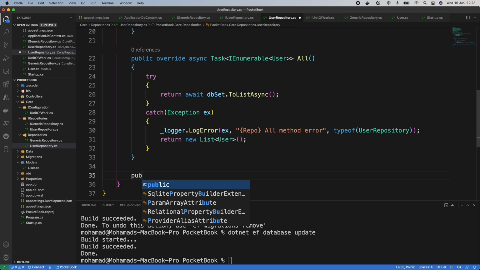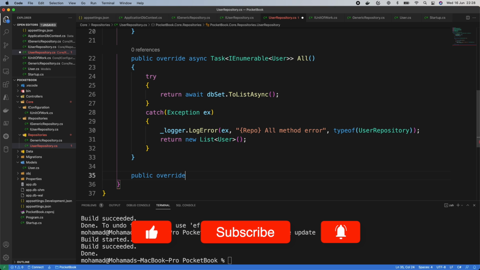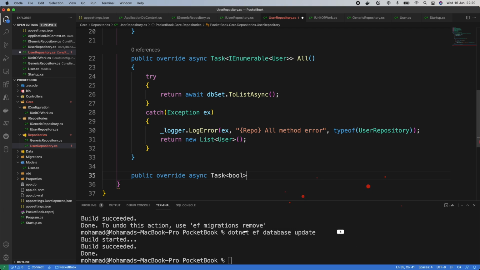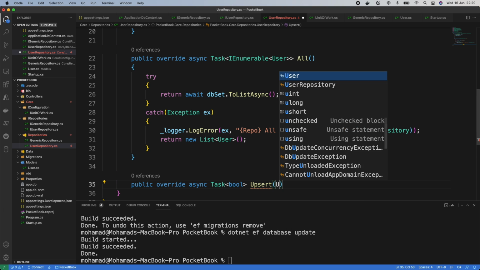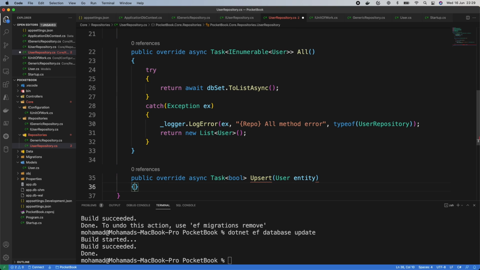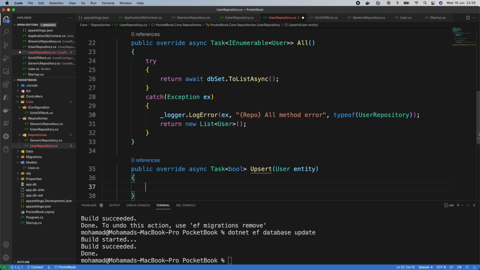So public override async. It's gonna be a task and it's gonna return a bool, and it's gonna be upsert and the user entity, and basically we're gonna look for this user based on its ID. If we find it, we're gonna update it. If we don't, we're gonna add it. So var existing user equal await